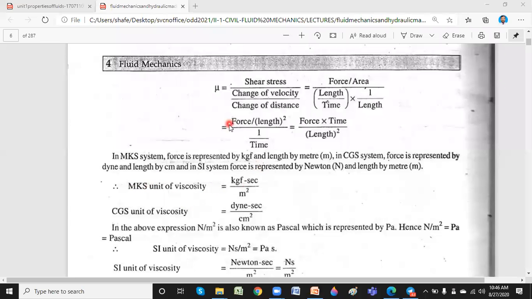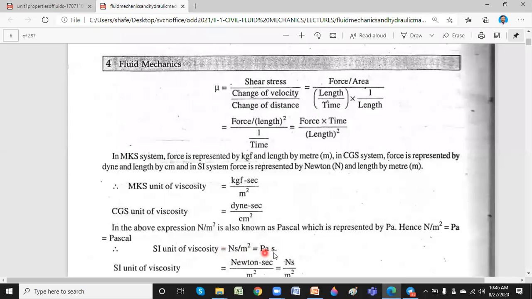Okay, and don't worry about these units here. If there is any problem, ask about units. But what I have to worry about for dynamic viscosity is Pascal. Pascal is the name of the scientist, denoted by Pa. Now you see here, Pascal is for stress, or force. So now, what is the unit of viscosity? The SI unit of viscosity is given by Newton second per meter square, or simply Pascal second.